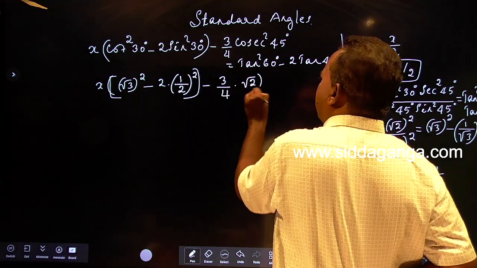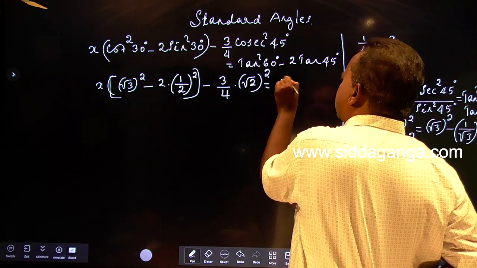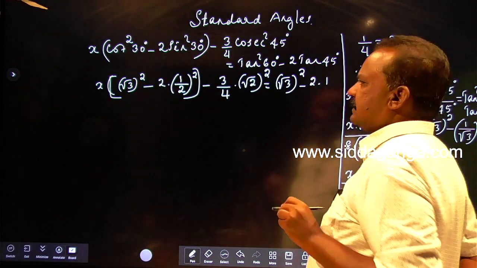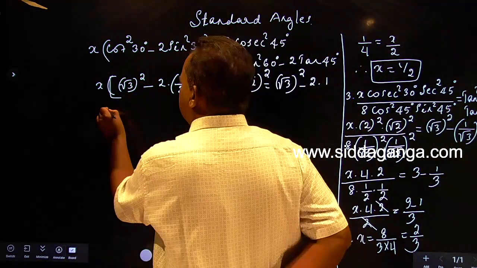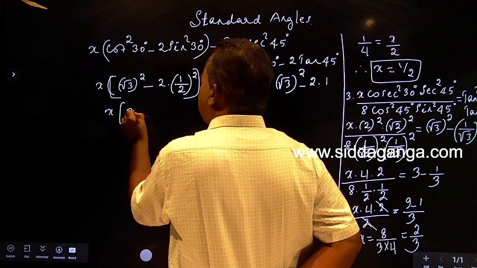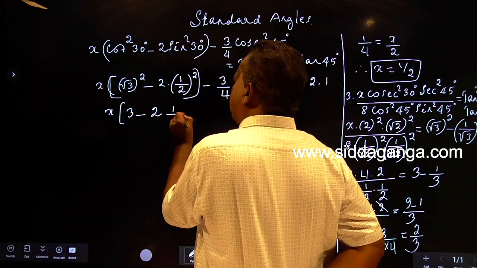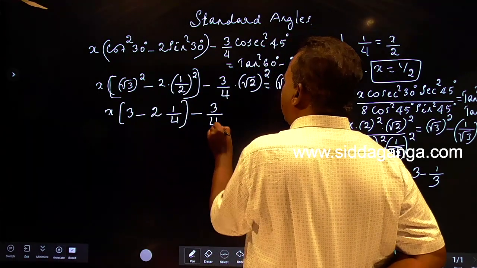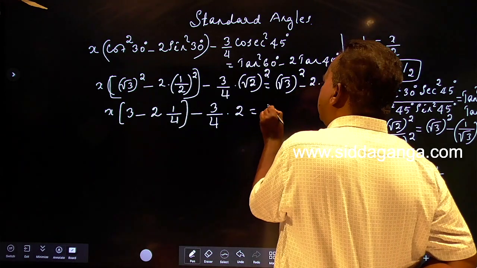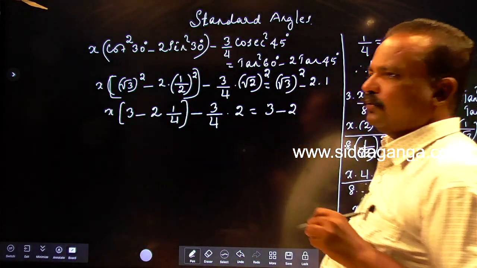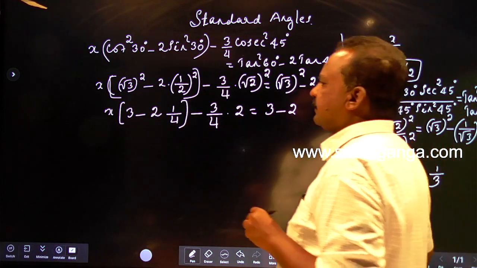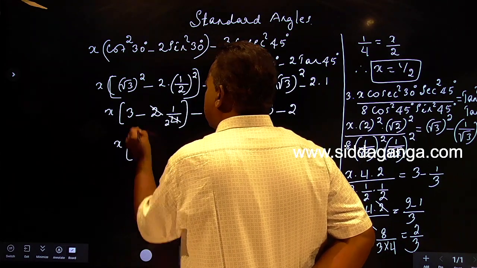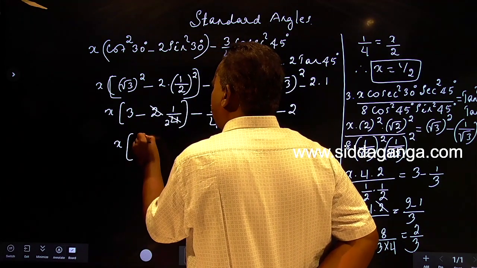Root 2 whole square is equal to tan 60, root 3 whole square, minus 2 into tan 45, which is 1. X into root 3 whole square is 3, minus 2 into 1 by 4, minus 3 by 4 into root 2 whole square is 2. 3 minus 2, 2 1s are 2, 2 2s are 4. X into 6 minus 1, 5 by 2